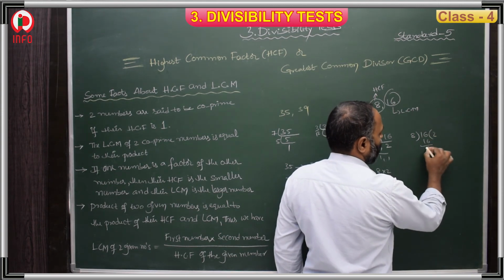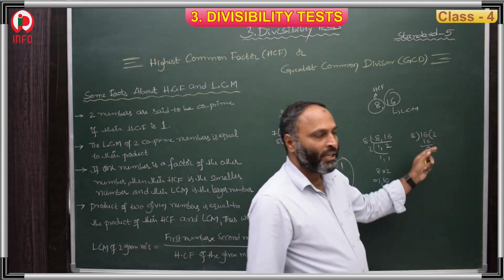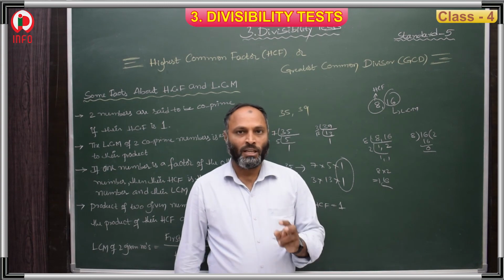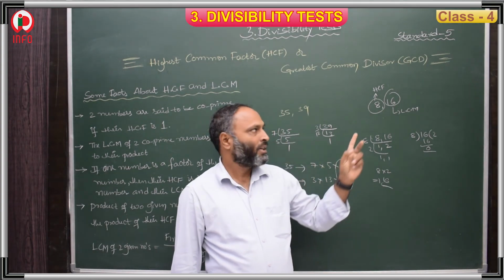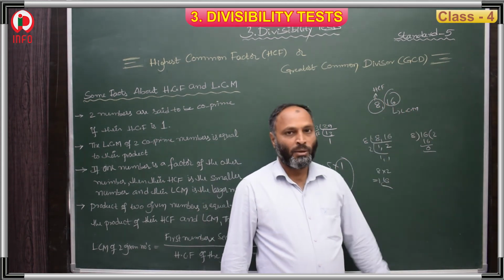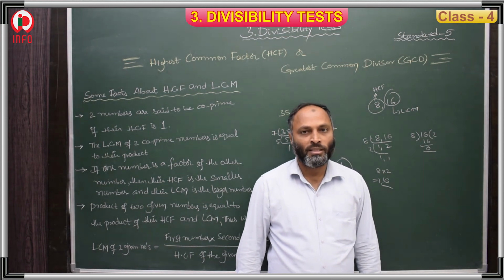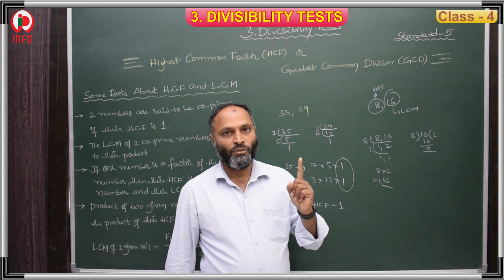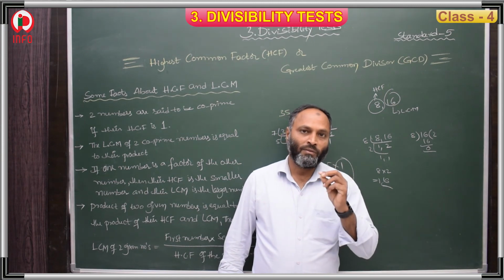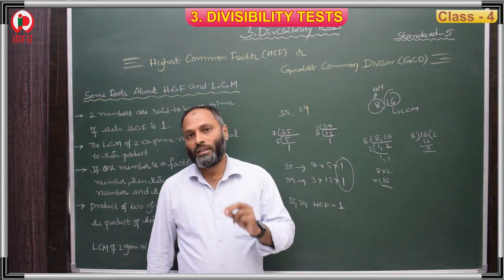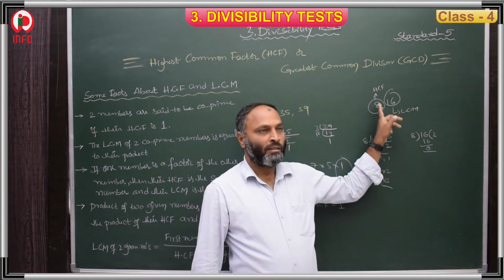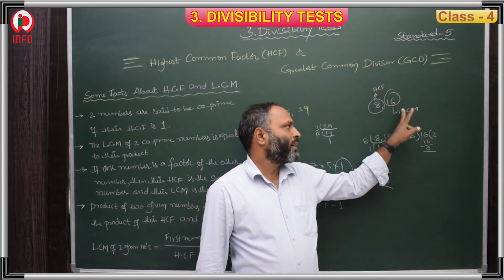If you want to find the HCF, divide 16 by 8. Here in the first case itself it divides completely. This means 8 is the HCF. When two numbers are given and one is a factor of the other, the HCF is the smaller number and the LCM is the bigger number. This is the third rule. In the first, if two numbers are co-prime, their HCF is 1. Then the product of the co-prime numbers is the LCM. In the third case, if one number is a factor of the other, then the HCF is the smaller number and the LCM is the larger number.